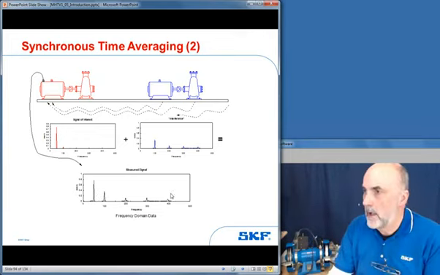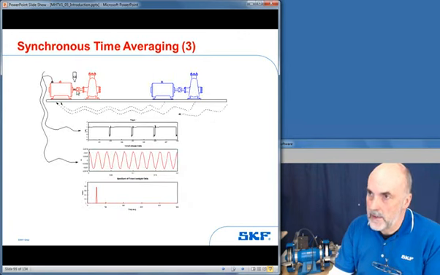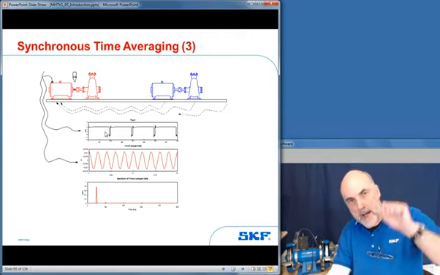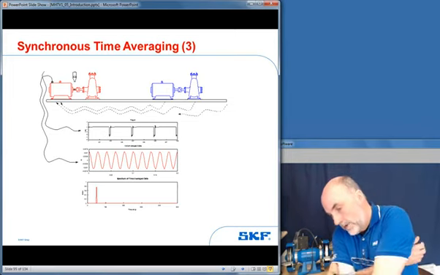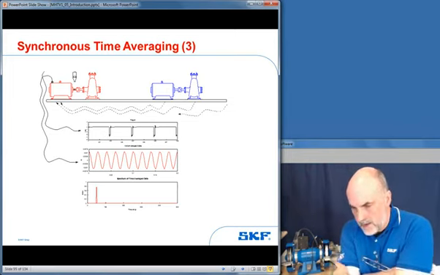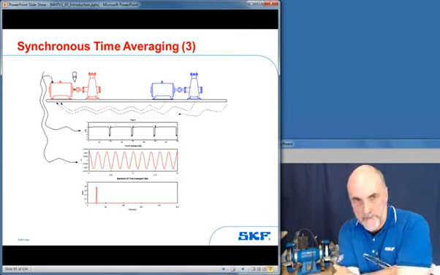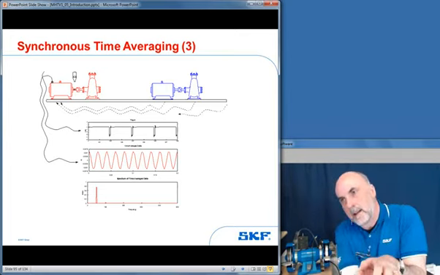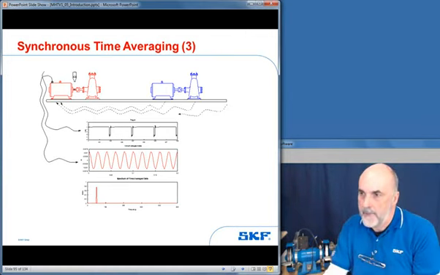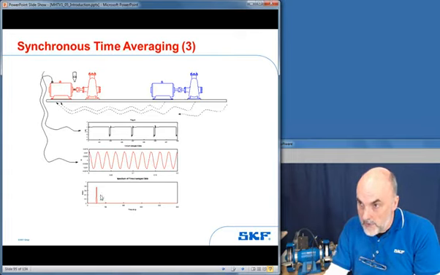So what do you do? You do synchronous time averaging. You get your piece of reflective tape. You get a 1 pulse per revolution signal. Every time that pulse comes around, you grab a time block. And just as a practical point, if you are going to do this, I can recommend something like 40 or 50 time averages. Once you've cleaned the signal up in the time domain, you can then do the FFT. So I haven't cheated. This is real data. I've cleaned the signal up, and we're back now to just the unbalance.